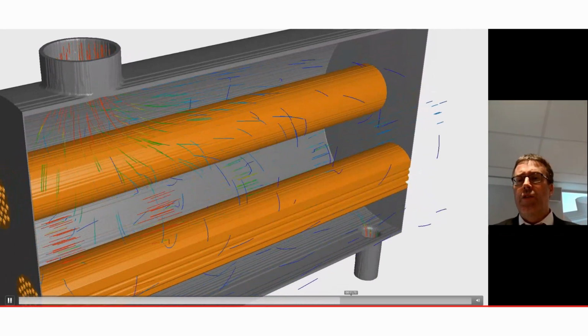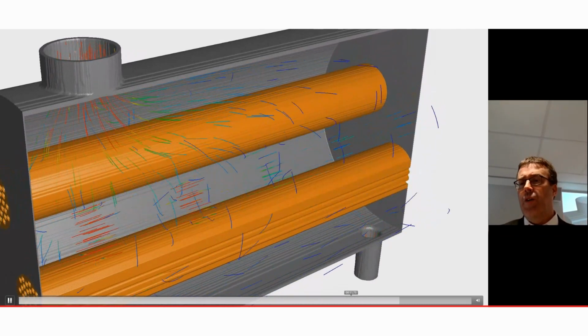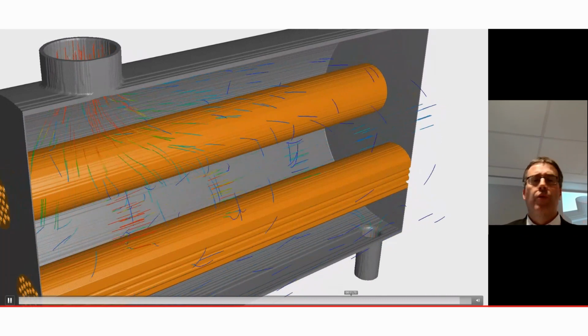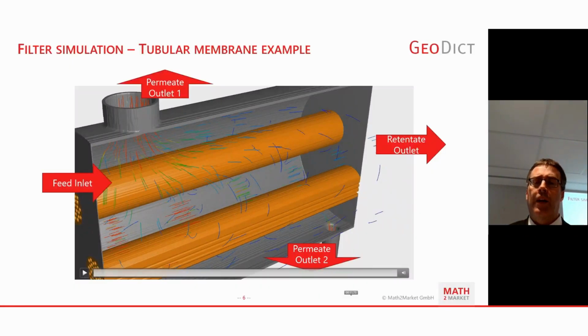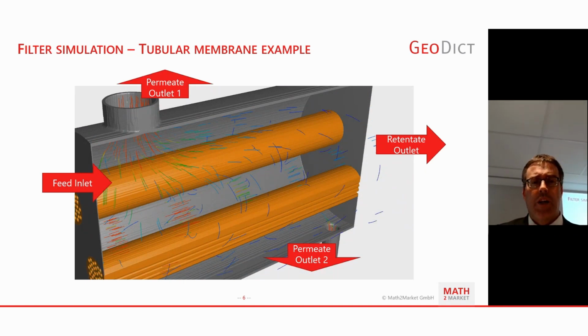We can see the flow field illustration for deeper insight into our complete filter, improving the filter knowledge and behavior. Understanding the filter is key to enhancing its performance. So here we can see that there are different feed inlets, the main outlet, and two for the flow field, which is shown with the small arrows here, that can flow through the membranes and out of the outlets then.